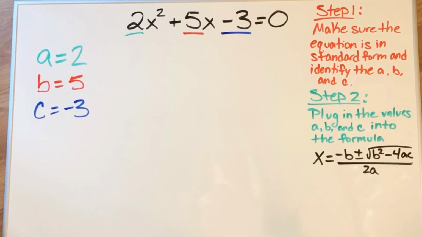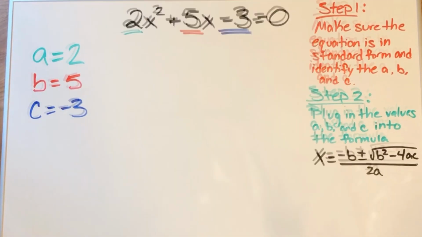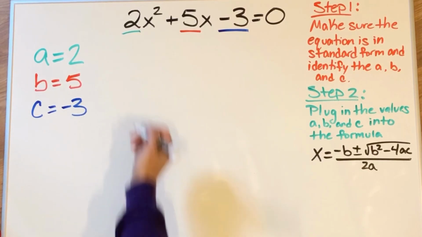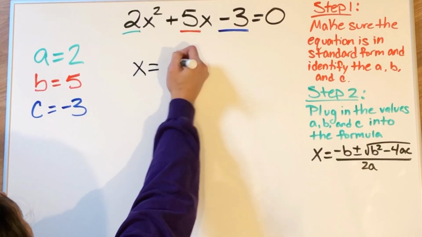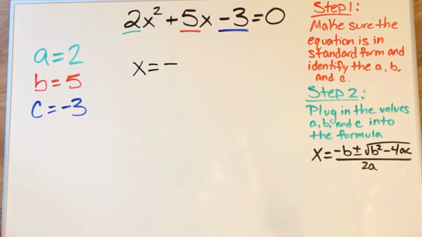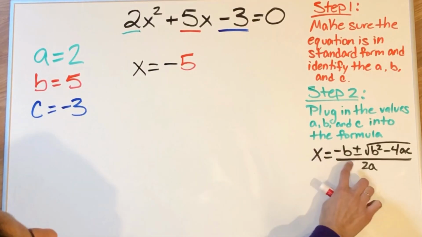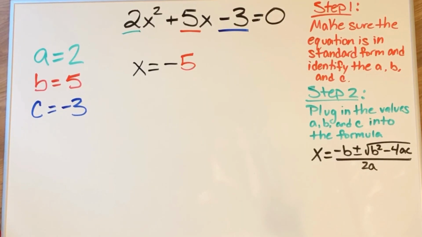Step 2, plug in the values a, b, and c into the formula. Again, the formula is x equals negative b plus or minus the square root of b squared minus 4 times a times c, divided by 2a. So we're first going to start off by rewriting x equals negative. Then we are going to insert the 5 because that is our b. We are then going to write plus or minus